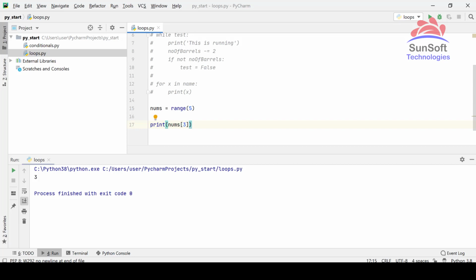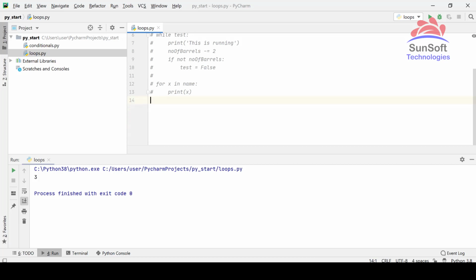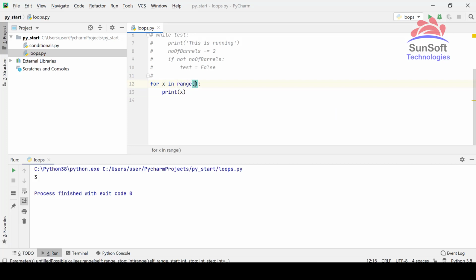Now what this range method is doing is, if we use this in the for loop, then we'll get the range at the same time. So let's use it in the for loop to see what it is doing. If I give it range 5, see here PyCharm is exactly telling you that if you're not giving anything else, then that is the stop.